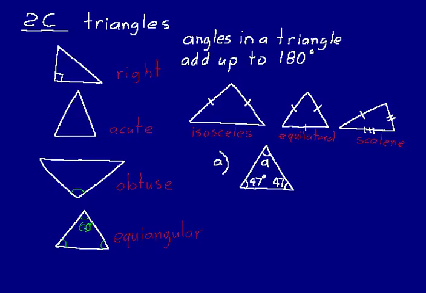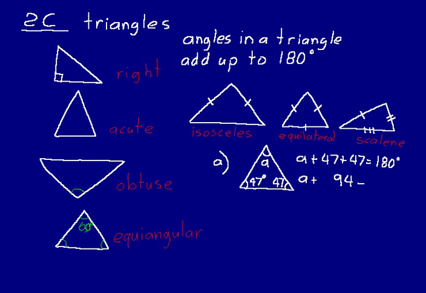Well, just think about what I have written at the top of the board there. Angles in a triangle add up to 180 degrees. So to figure out A, we would say A plus 47 plus 47 is equal to 180 degrees. So we have those 3 angles, A, 47, and 47. We know that those have to total up to 180 degrees. And so now we can just figure out what A is. Let's just simplify. A plus 47 plus 47 would equal 94,